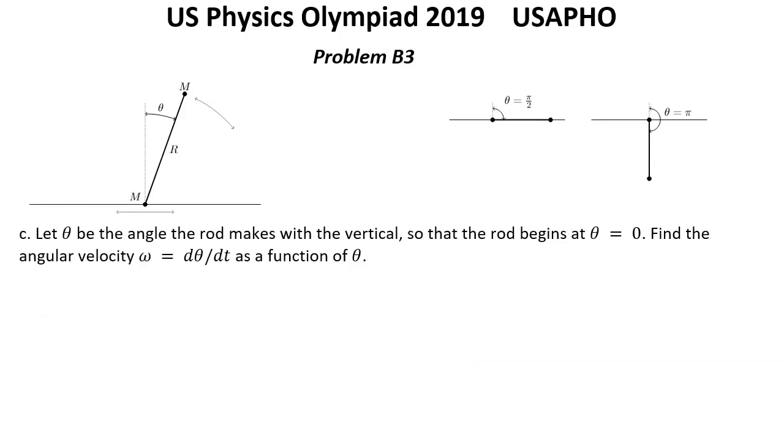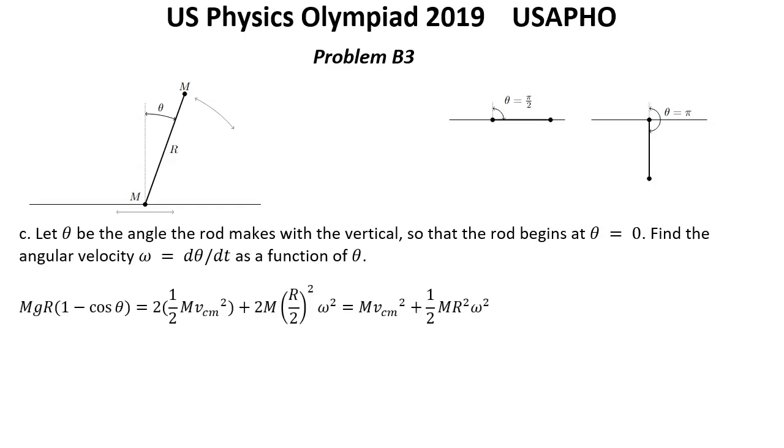Solution for question C. Here we can use energy conservation. It means that the change of potential energy goes into kinetic energy for the whole construction. If we have angle θ from the rod to the vertical, we have a change of potential energy equal to mgr multiplied by 1 minus cosine θ, which is equal to